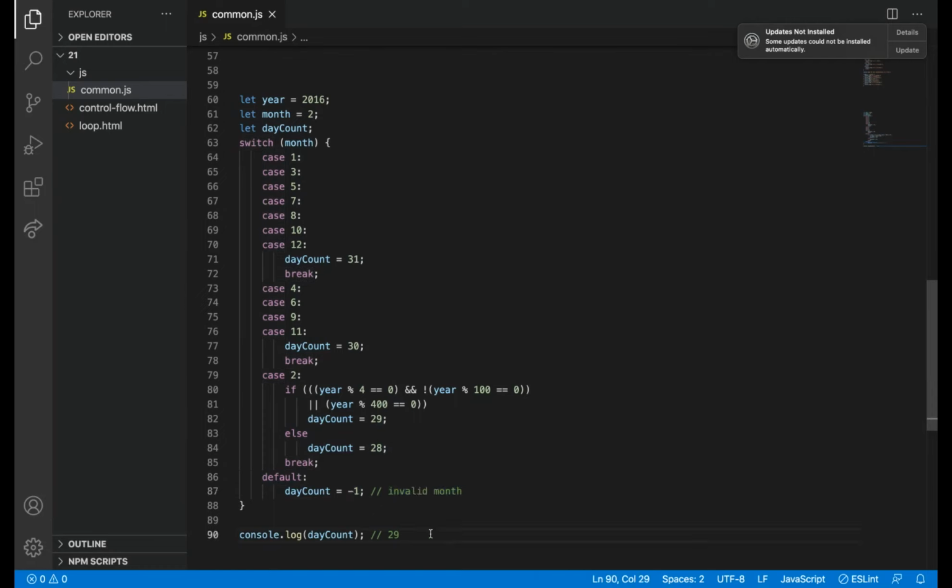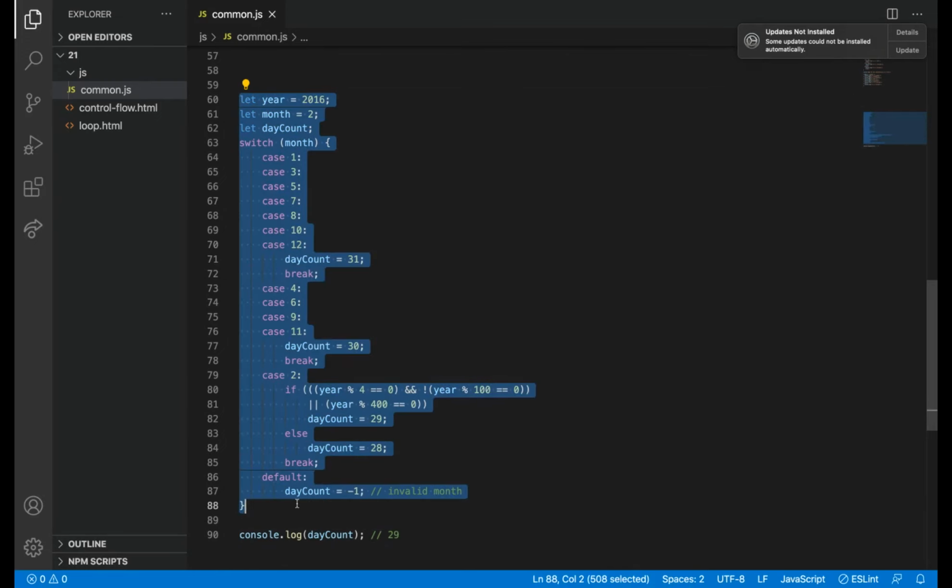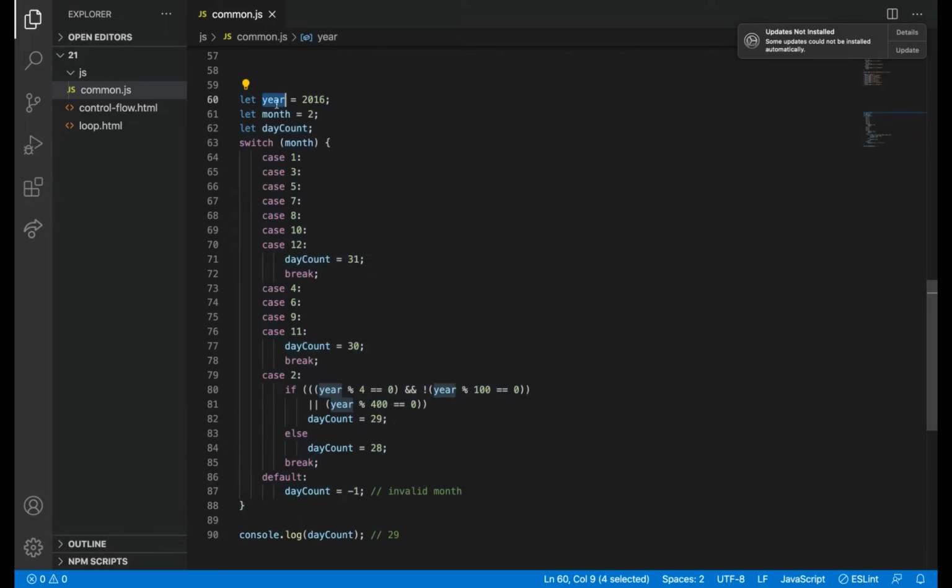By seeing this, what I come to know is they are searching for which month. They are counting the number of days in a month. Like January will have 31 days, and February will have 28 or 29 depending upon the leap year. In March it is 31, and then April 30. Using this switch case, they are finding how many days there will be in which month, and they are also getting the year, to check whether it is a leap year or not.